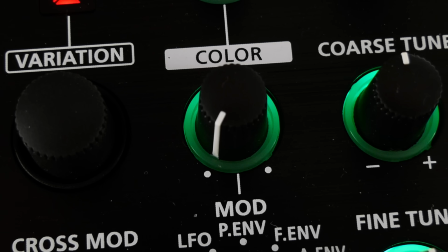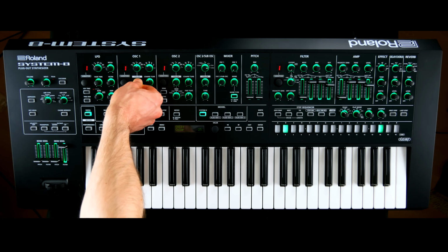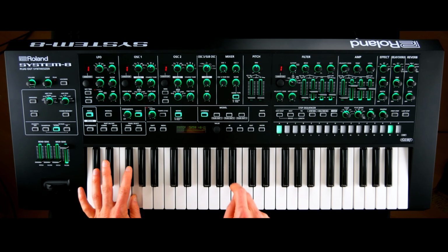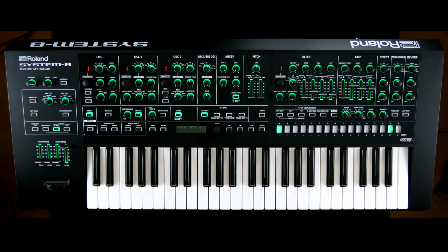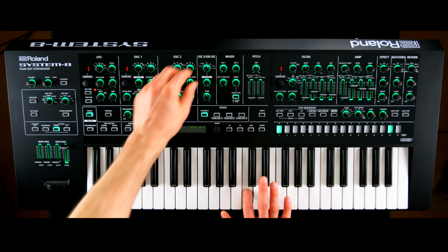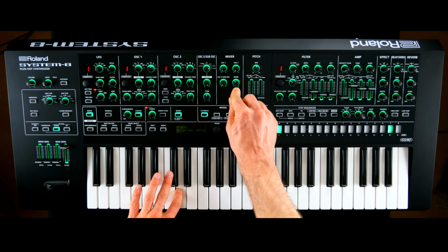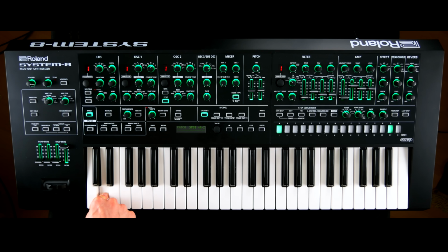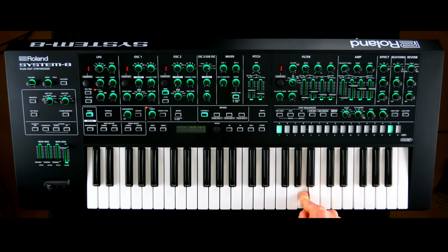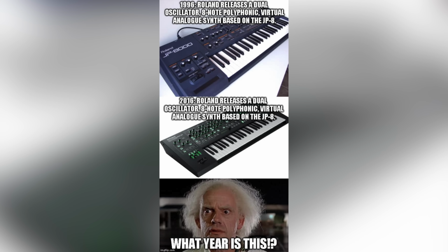Color lets you modify the raw tones and allows for PWM. The oscillator trio is completed by a simplified sub-oscillator, and there's noise, sync, and ring modulation. This pandemonium of Roland VA oscillator madness